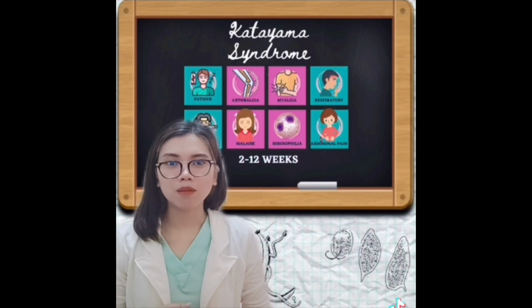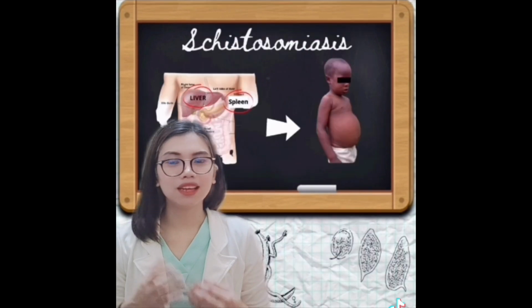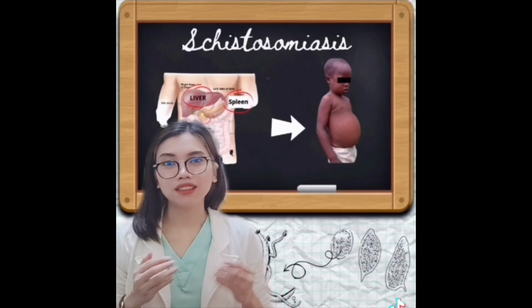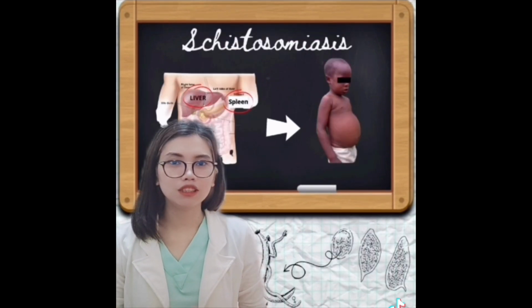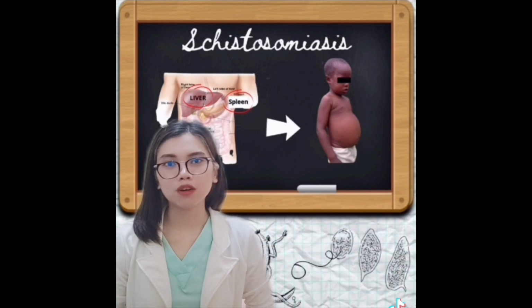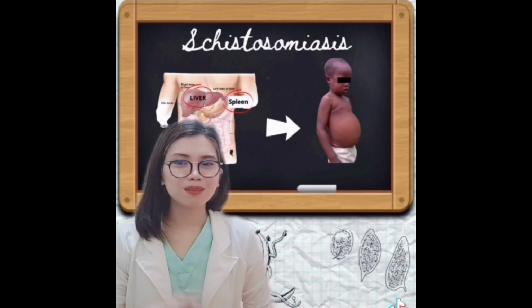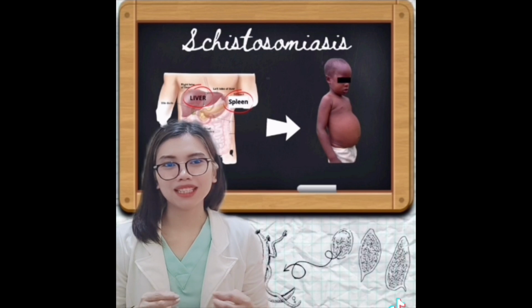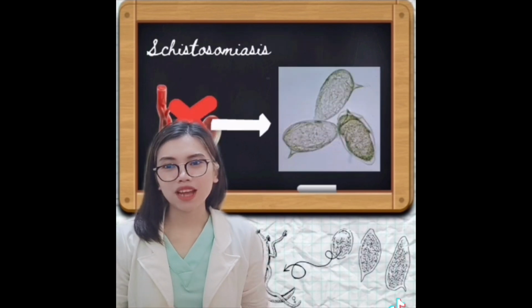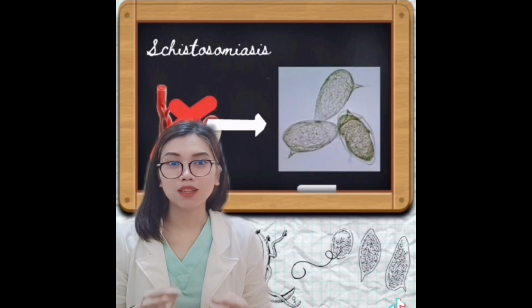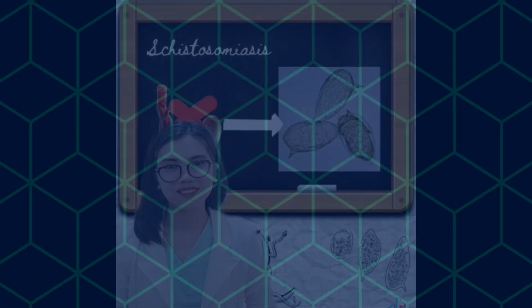Hepatosplenomegaly is not uncommon and will result in weakness at this point of infection. In some rare cases, it may lead to severe hepatic dysfunction or even death. Always remember that the symptoms of schistosomiasis are the body's reaction towards the eggs that are produced by the worms, not from the worms themselves.